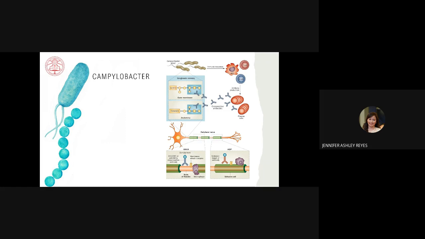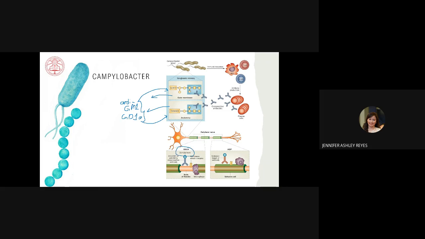So yung tinatawag natin na anti-GM1 and the anti-GD1A. So these are the antibodies that cross-react with gangliosides and cause destruction. And these gangliosides are important in nerve conduction. So yung anti-GM1 and anti-GD1A, so these are antibodies that will bind to these parts of the ganglioside, lipid A and ceramide, and it will cause